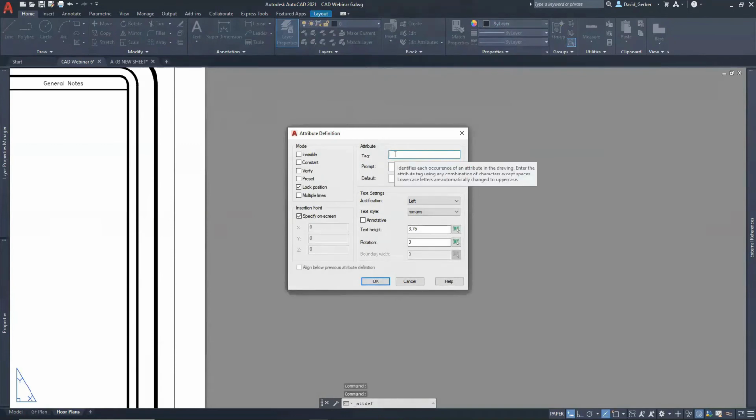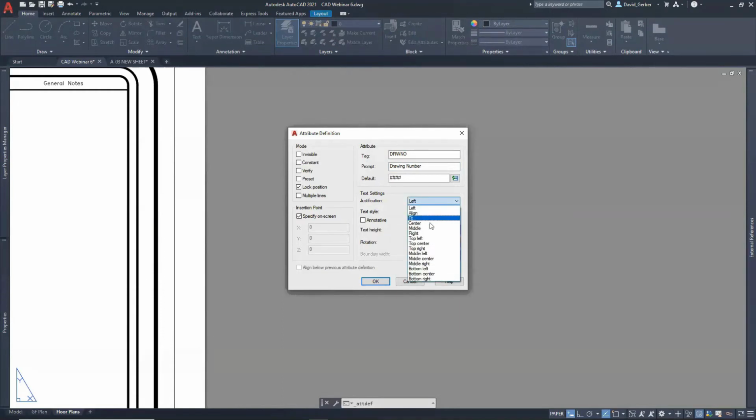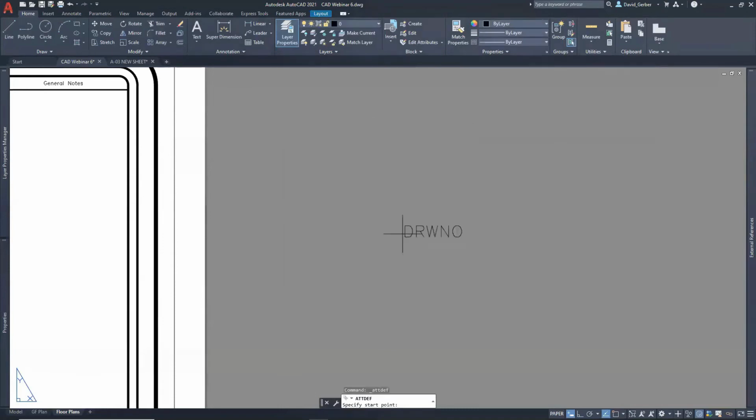We can say what our tag is. So we'll just do our drawing number at the moment, what our prompt is, so that you know drawing number, and then a default. We will eventually add a field into that, but just for the time being, we could just put numbers. We can adjust how we want our text to be. So we can say maybe this one will be in the middle center, and then for this one, I'll just change text heights,